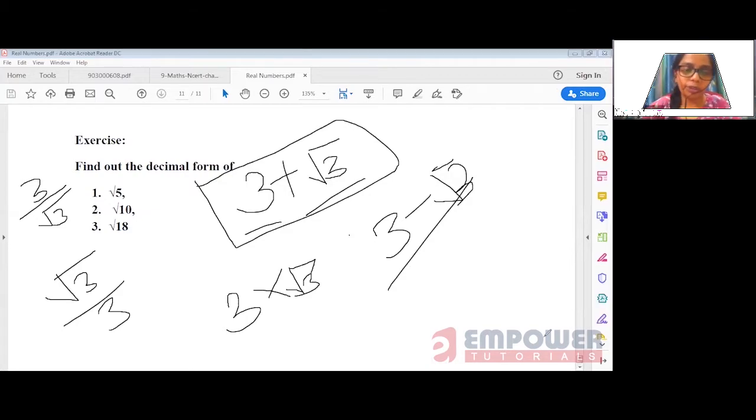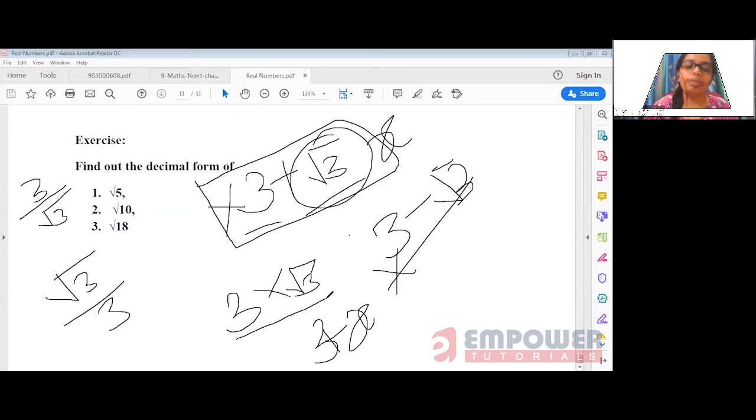So basically, just for remembering the rules for addition and subtraction of rational and irrational numbers, consider for the time being that this irrational number is nothing but your variable. So you cannot add 3 plus x. You know this rule, right? So you cannot add or subtract a rational number and an irrational number. But yes, you can multiply these two numbers because we can multiply 3 into x, right? We will get 3x.